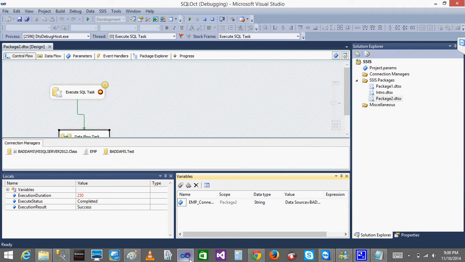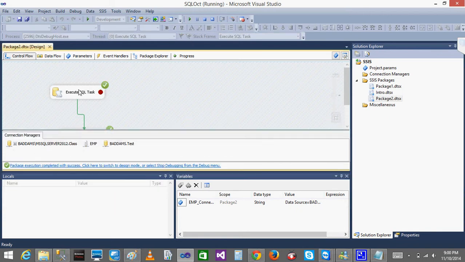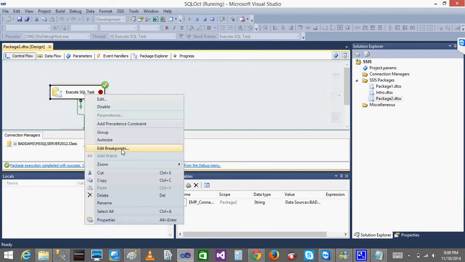Let's say that value is used in 100 packages. Instead of going and manually changing it in all the packages, it's like a shared location. You store the value in the table. Whenever the package runs, before execution of the package, you get those values and update the variables with the latest values. That's it. And if I want to remove the breakpoint, right click on this, edit breakpoints,